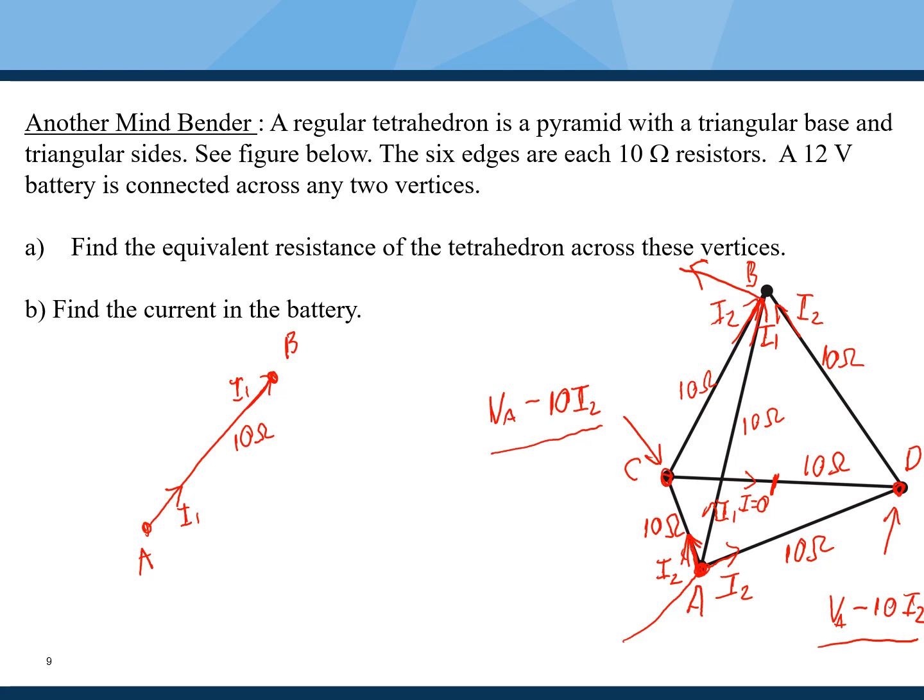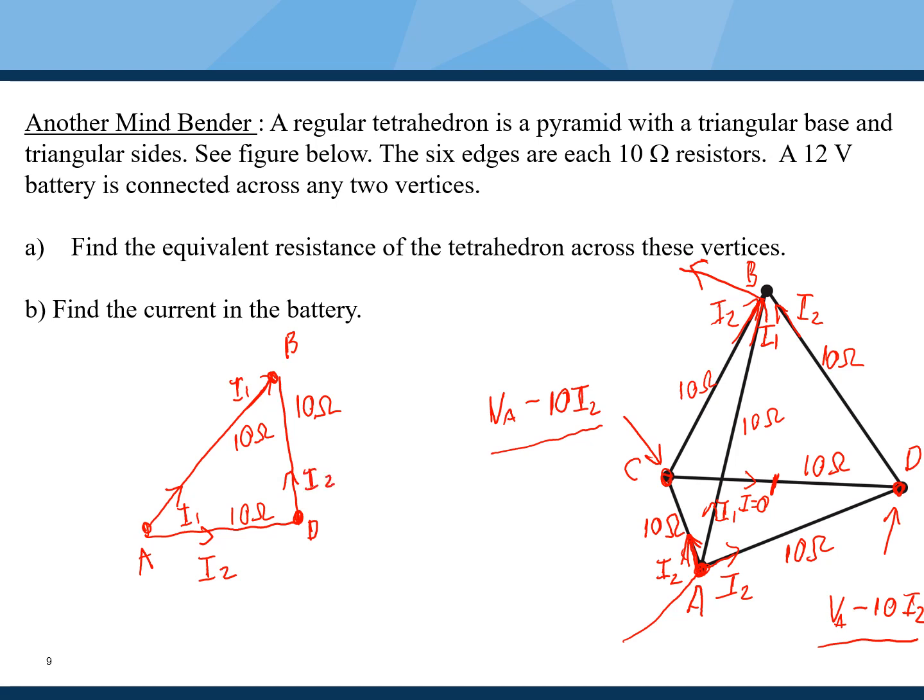Now, let me draw the point D out here. From A to D, I have a 10 ohm resistor, and I have a current flow from A to D that is equal to I2. And from D to B, I have another 10 ohm resistor, and the same current I2 is flowing from D to B